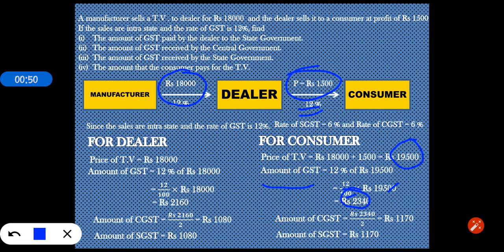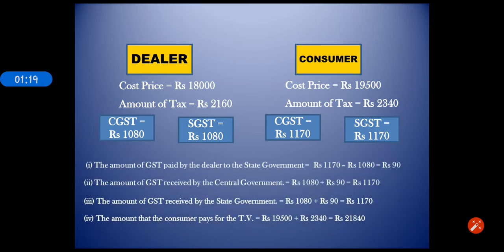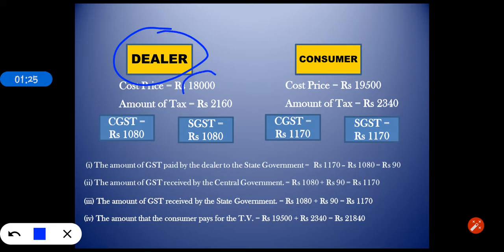2,340. As we know, this 2,340 will divide into two equal parts, which is 1,170, which goes to the central government as CGST, and another half 1,170 goes to the state government as SGST. Now overall, this is the output GST and this is the input GST. Okay, summary. For a dealer, cost price is rupees 18,000 and the amount of tax is